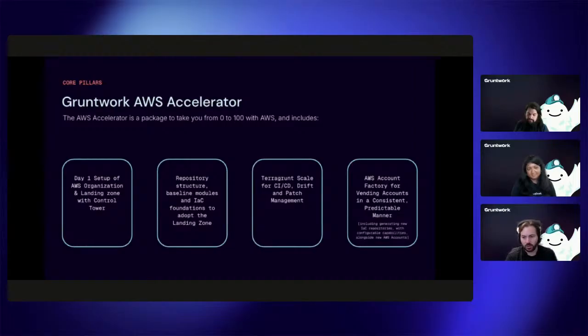And I want to underscore the power of having a consistent way to vend new accounts, right? So somewhere within your organization, somebody requests a new account. That account can go to a platform team that has access to this account factory product, generate the new account, which is the same way as all the other ones have been generated, which takes as long as AWS takes, anywhere from, say, half an hour to 45 minutes,